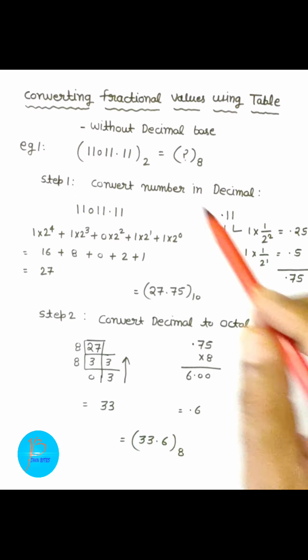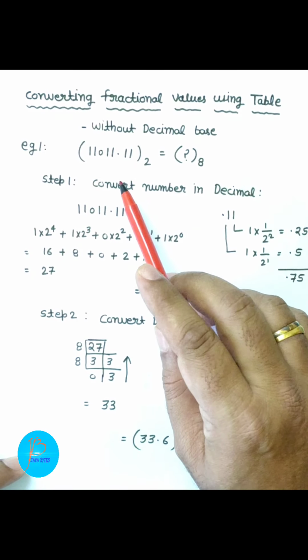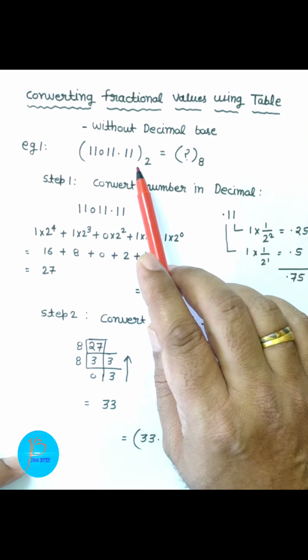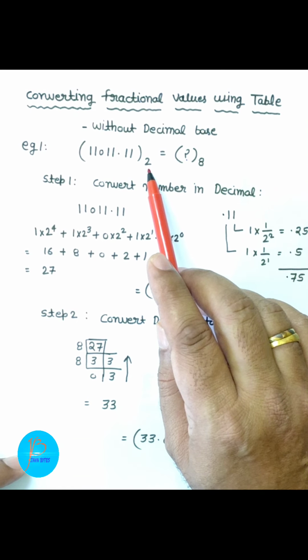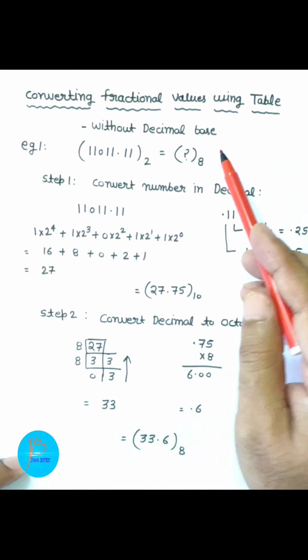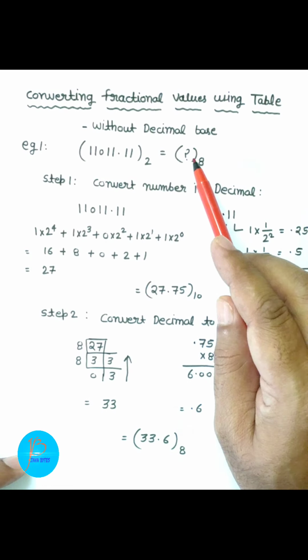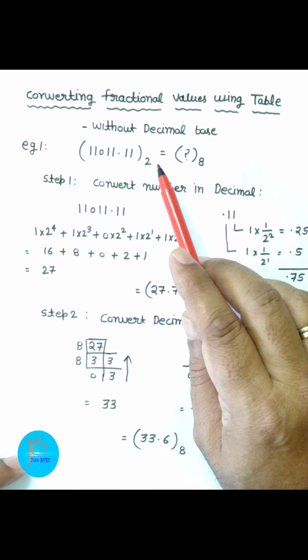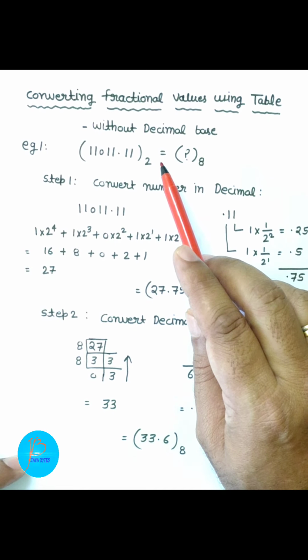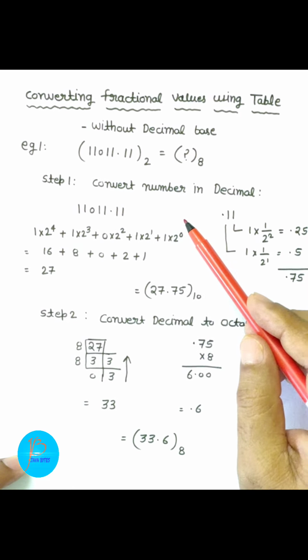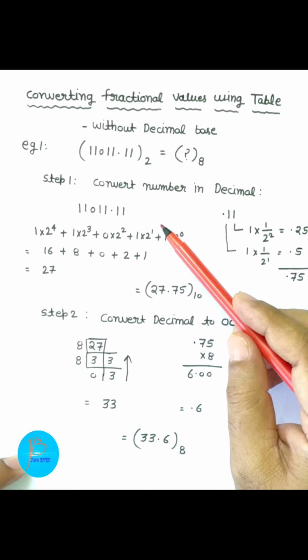The first problem is given something like this: 11011.11, a value on base 2, meaning a binary value, is equal to base 8. We have to convert the number into its octal equivalent. We can see that the number is given in fractional form. In the traditional approach, the first step we follow is